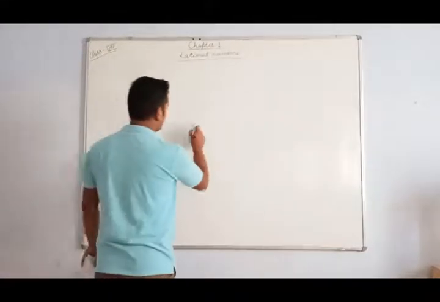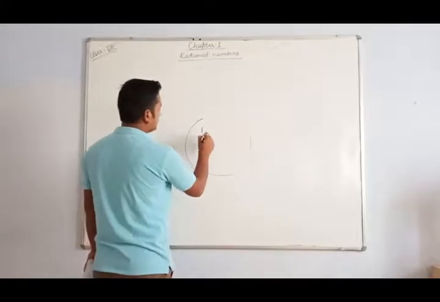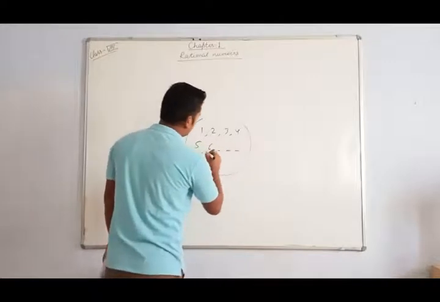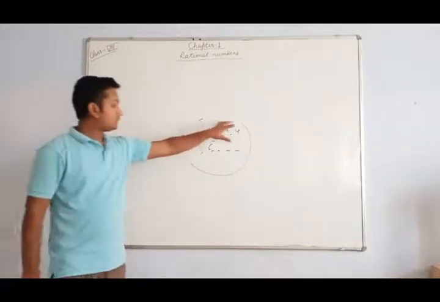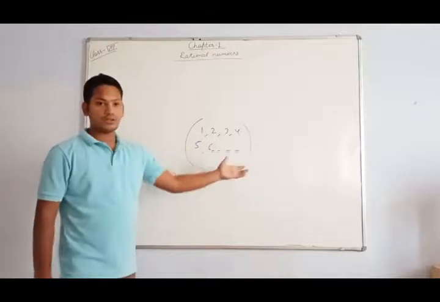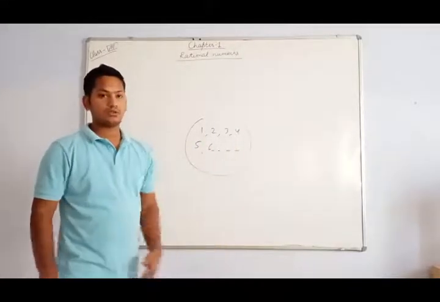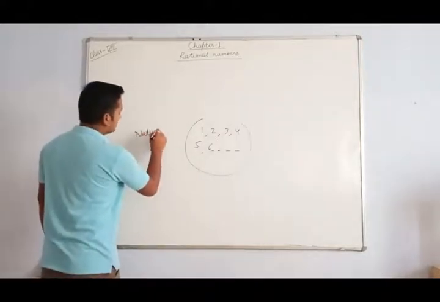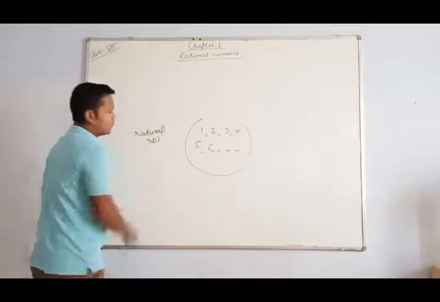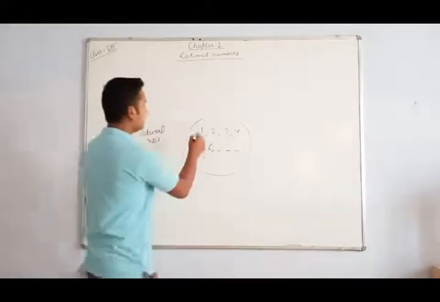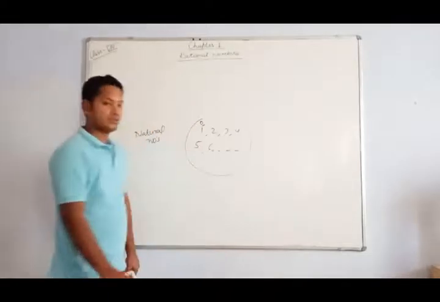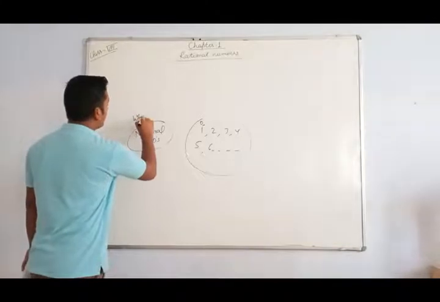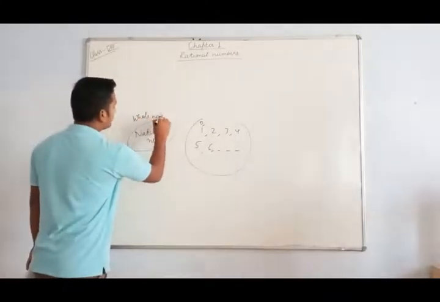We are having a set and it contains numbers like 1, 2, 3, 4, 5, 6 and so on. So, since this set is containing counting numbers 1, 2, 3, 4, 5, 6, 7, all these are what? They are called natural numbers. Okay. If you add an extra zero in this set, now this will become what? This will become a set of whole numbers.